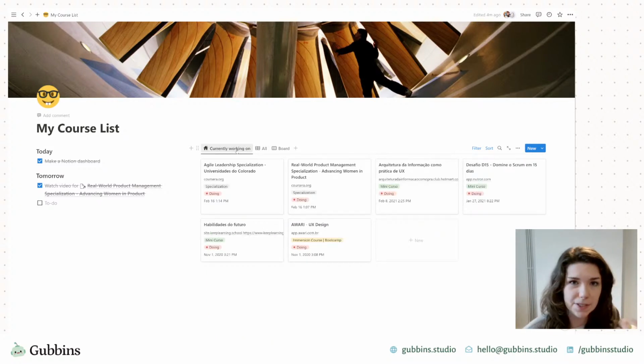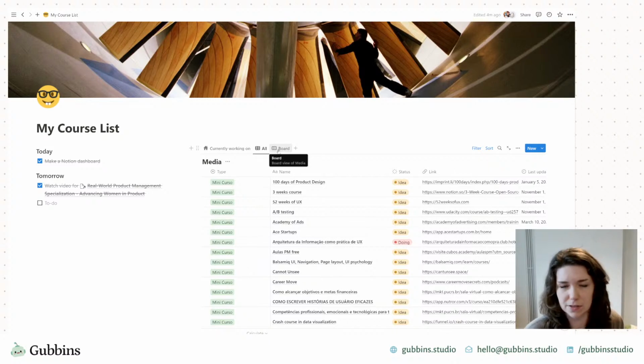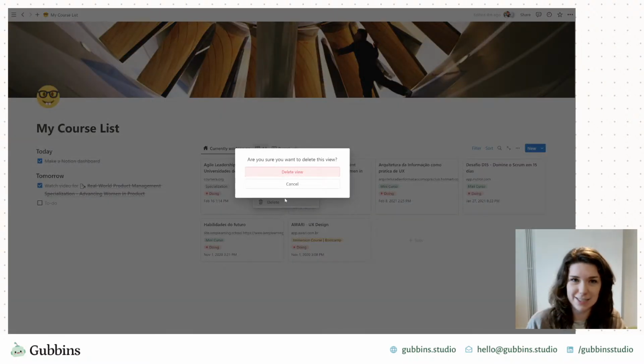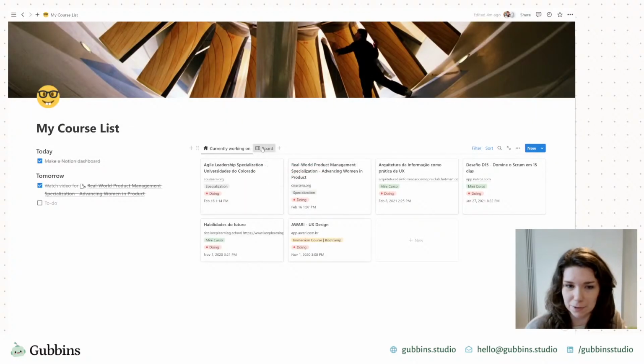So the beauty about these databases within Notion is that this block is itself just a database. It doesn't matter what form it's in. It's all the same data, just displayed in different ways. So one thing I can do now is to just delete these. All of the database items are still in there. You just won't be able to see them all in a table view if I remove these.